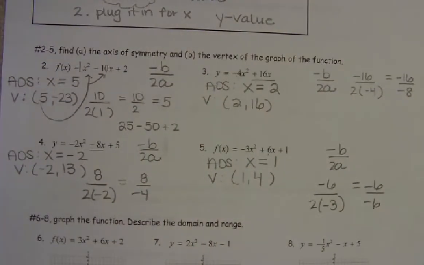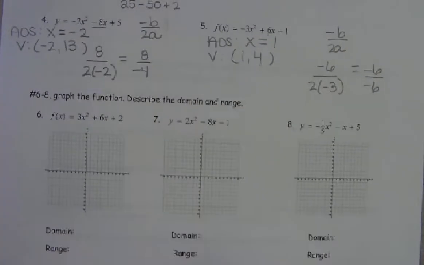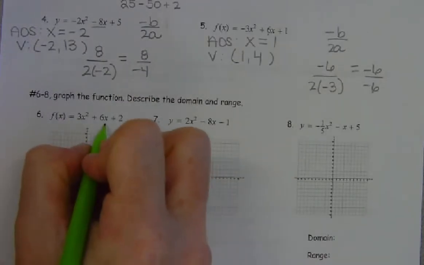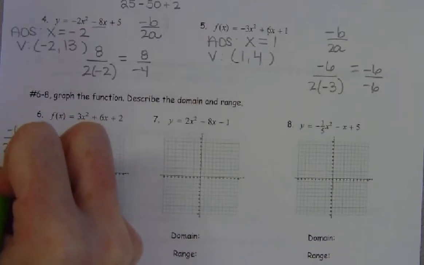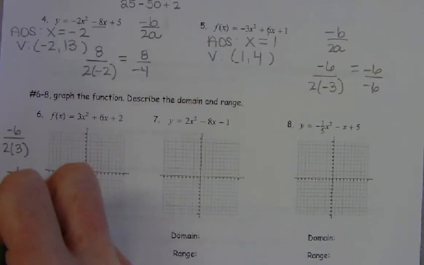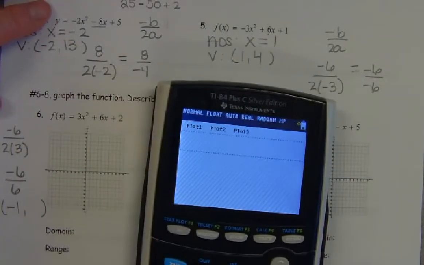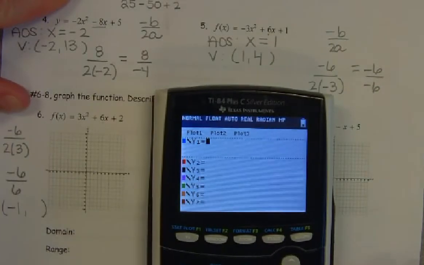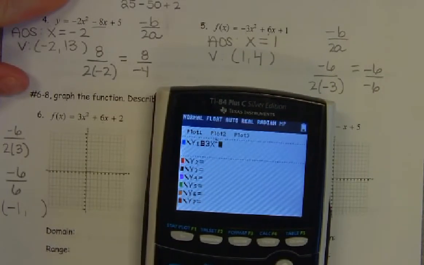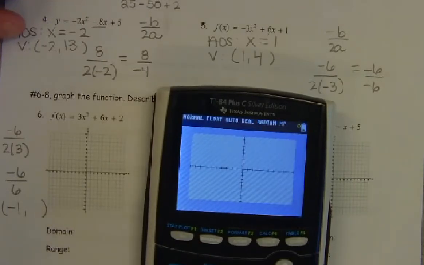All right, so now what we're going to do is graph functions and find the domain and range. So we're going to first do this maybe by finding the vertex point. If you take a look here, I would take the opposite of b over 2 times a, and it looks to me like my vertex is going to be -1 something. And you can use your calculator to figure out a lot of this information. So if I punch in 3x squared plus 6x plus 2,